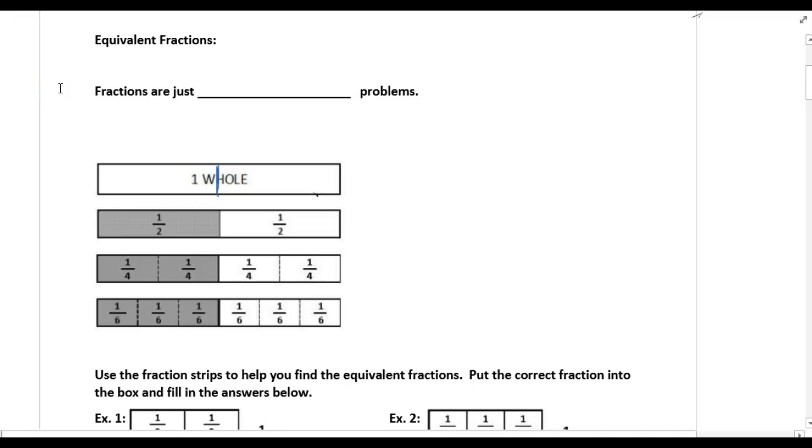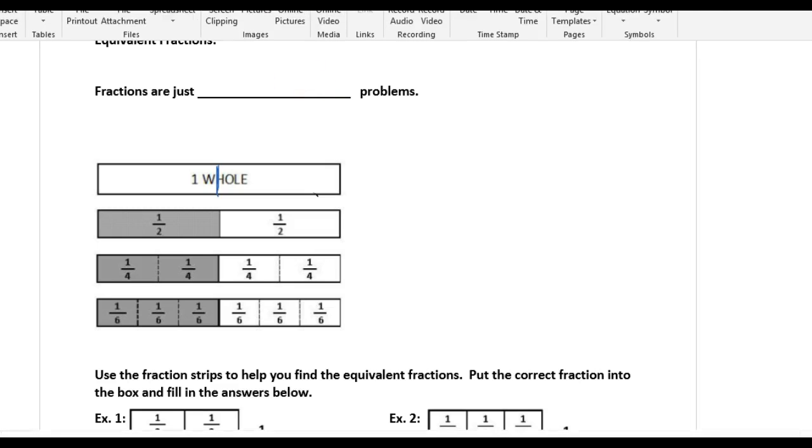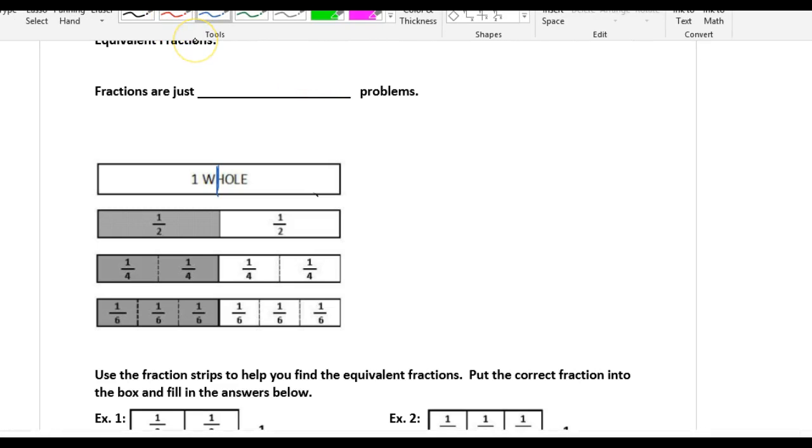This is fractions day 2, and we're going to talk about equivalent fractions. Starting with yesterday, we basically defined what a fraction is and how it's part of a whole, and we're going to continue with that discussion and add to it a little bit. Okay, now, if we take this whole,